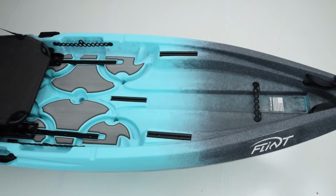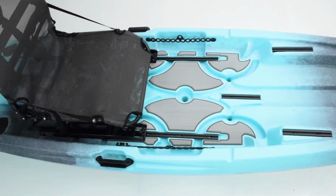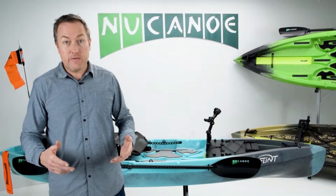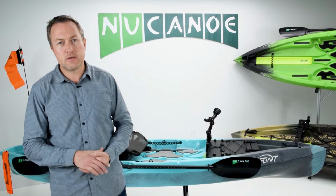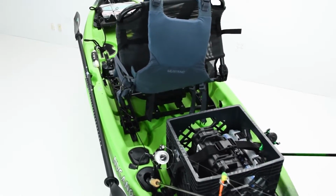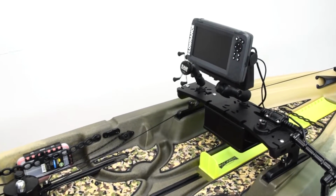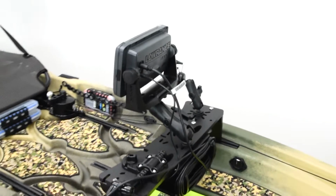When you look at the deck and the layout of the Flint, the first thing you'll notice probably is that it's clean, it's open. There's not a lot of stuff in the way. It may even appear to be like there's not a lot going on there, but look closer and you'll see that there's a lot of great features that are designed into the boat to give you the functionality you need for storing your rods, for storing your tackle, for keeping your gear organized, for mounting your fish finder, your GoPro, your rod holders, any of that stuff, to give you storage space and potential to bring whatever you want out